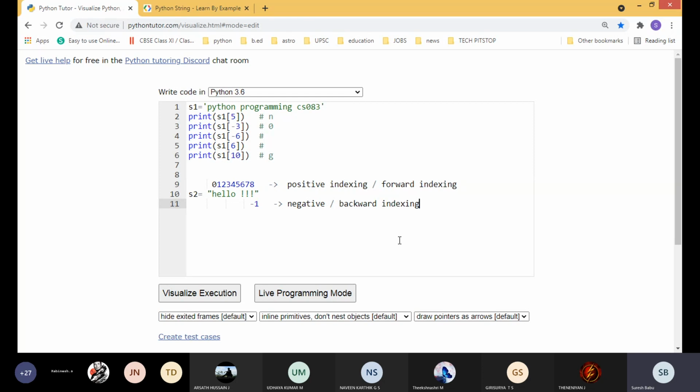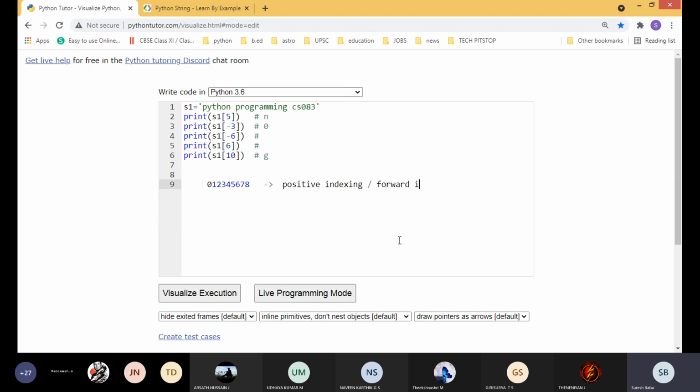Understood, everyone? You can write: string is immutable. That is one type of data type. We cannot change the data once created. So how to change the data in the remaining data types? List is mutable. There we can change the data. So see, I'm going to change the data now. It will show an error because it is immutable.